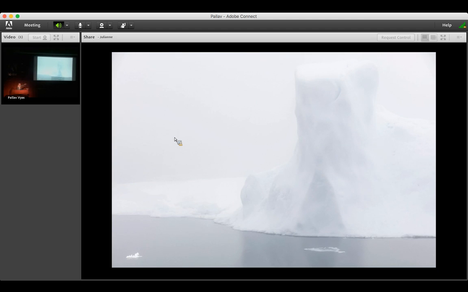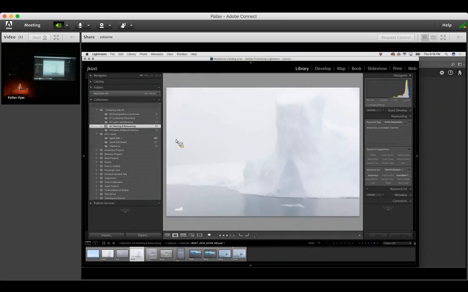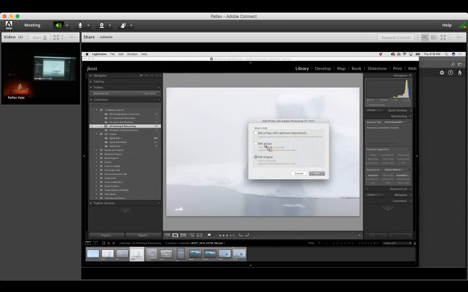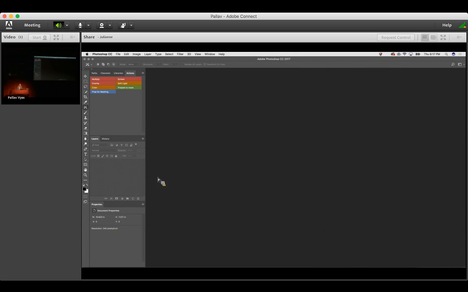Right? So I'll just quickly open these two that I have here. Let's escape out of there. I'm just going to open this in Photoshop, and I want to edit the original. There's only 3 layers that I use to do this. It's not